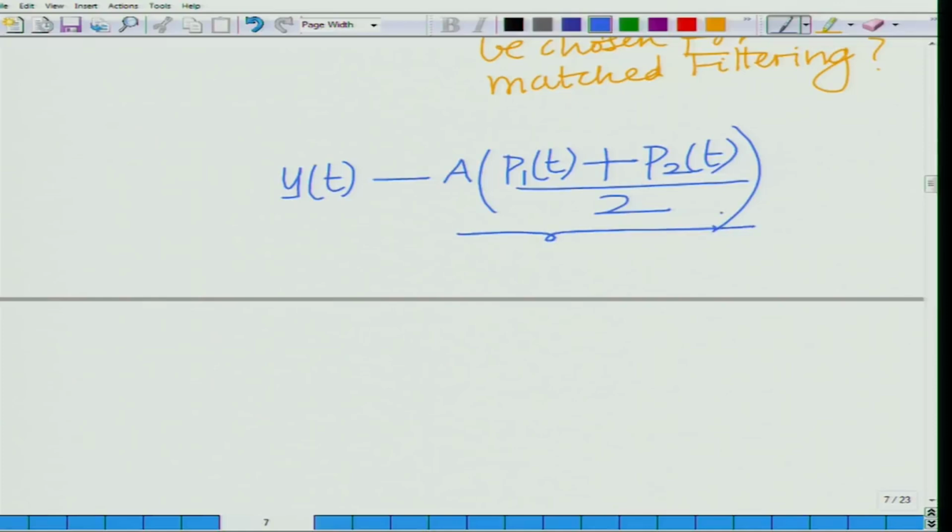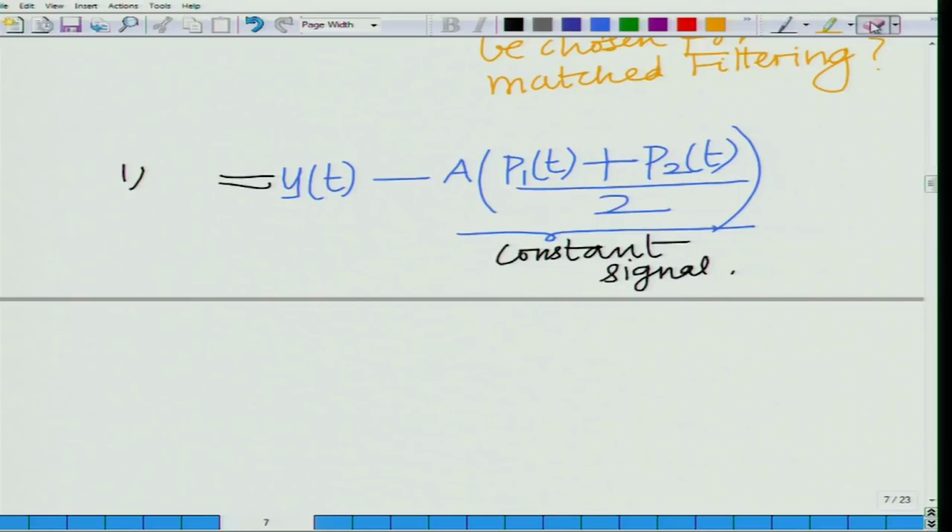Now, this is a constant signal, so I can always do it, and let us denote this by